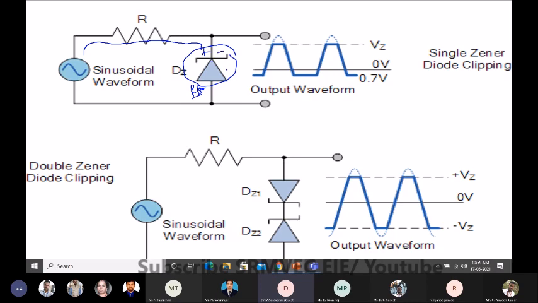This is negative and this is positive of your PN type diode. But the applied input signal is positive here and negative here, so it is reverse bias. According to the breakdown voltage, it is going to allow only that part, which will be allowed here. The remaining part, which is not allowed, will be available here.